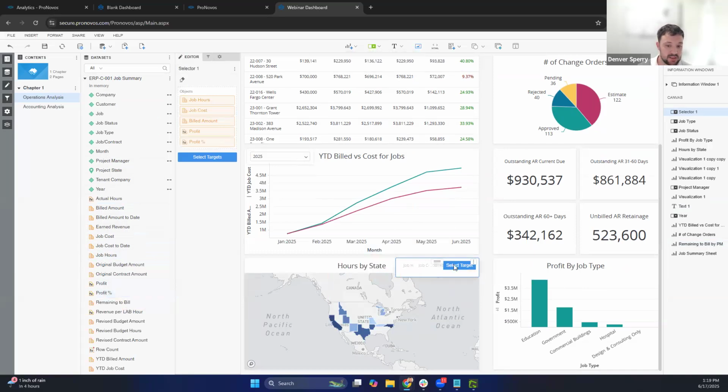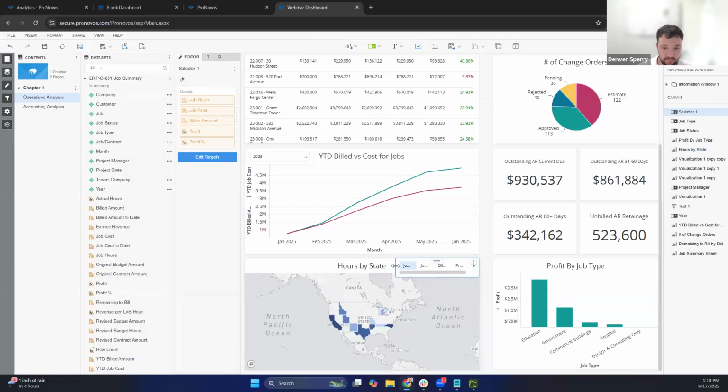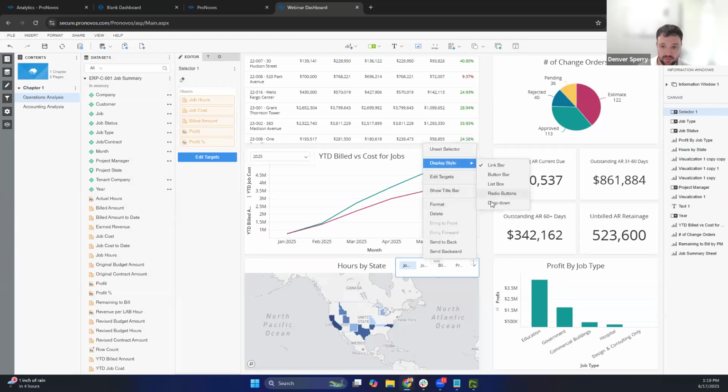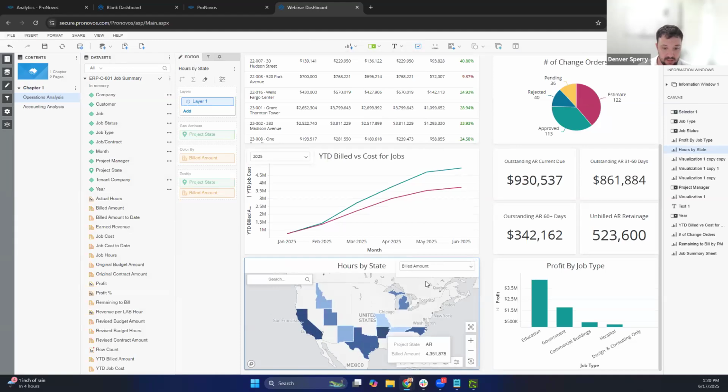So I could pick all these different things in this panel selector, select it to the chart, and that allows you to flip-flop between these. So let's make this more of a drop down for simplicity's sake. So I could say there's my job hours by state, here's my billings by state,